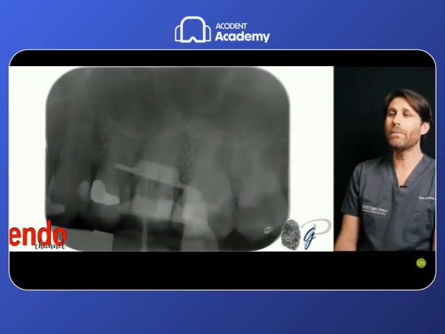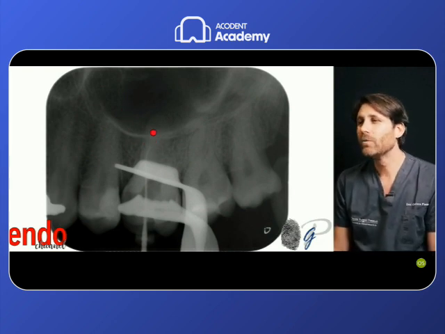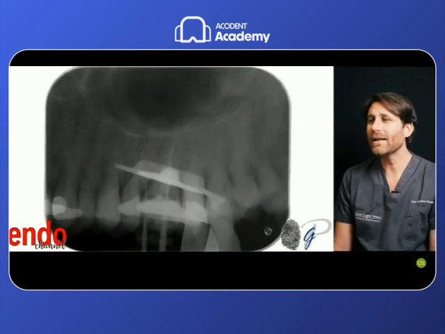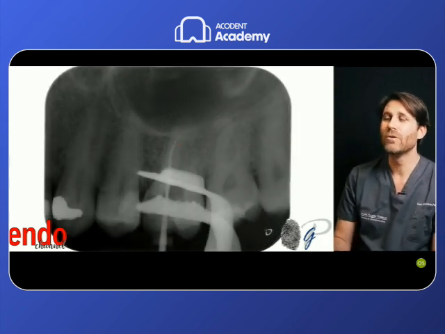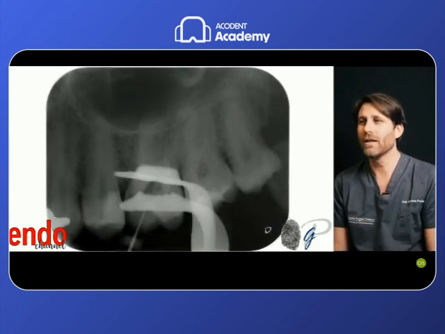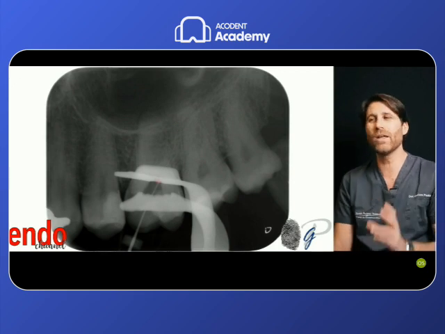This was an upper molar, mesial root canal, manual scouting. We missed just 1 or 2 millimeters of the apical third, and then we pushed with the Reciproc file to reach the working length. But more interesting, the distal root canal, more evident, we missed all this part of the root canal, a couple of millimeters of the root canal. With the hand file, we were not able to reach there.